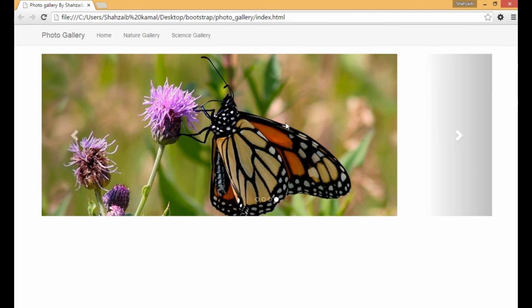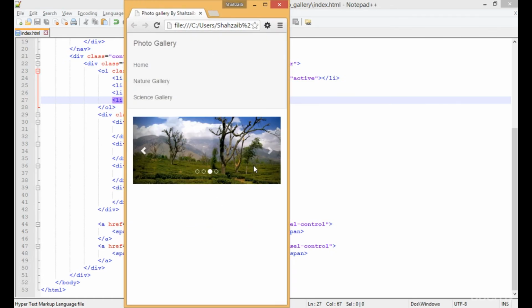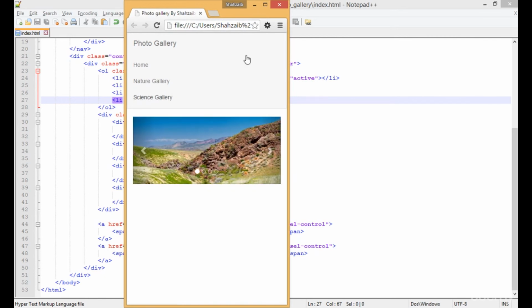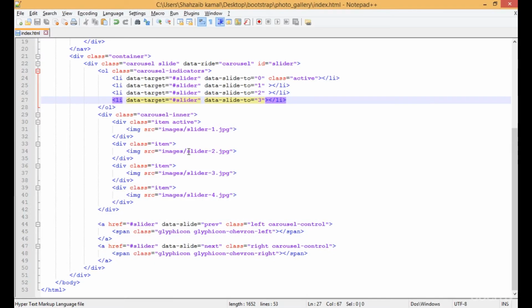You can see that. Now we only have to do one thing. Actually, we have to correct this and make it in a perfect manner. Well, interestingly, you can see that they are in the right manner automatically. If I make the website responsive or open the website on mobile or something, well, the other thing is, why not I create this